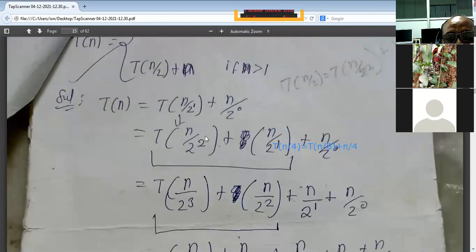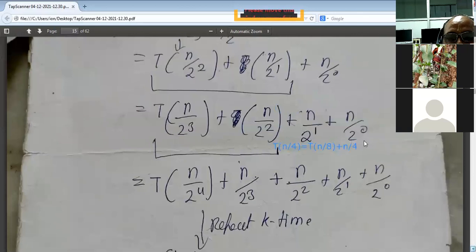This instead of this T(n/2)^2, I have substituted T(n/2)^3. That means T(n/8) plus T(n/2)^2. That means n/4. So this value, this T(n/2)^2 value, I have substituted in this equation as T(n/2)^3 plus n/2^2. So instead of this, I have substituted n/2^3 plus n/2^2, and the remaining value I have written the same as it is. Now you can see in this equation,